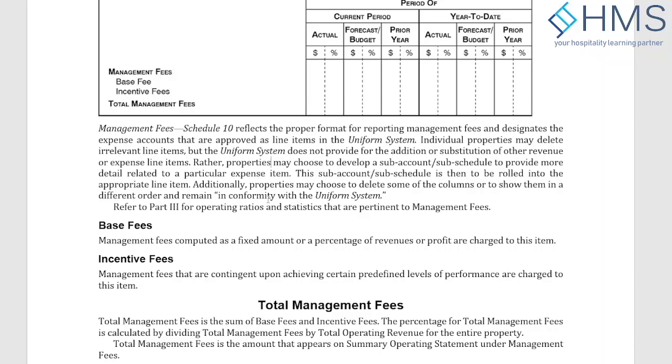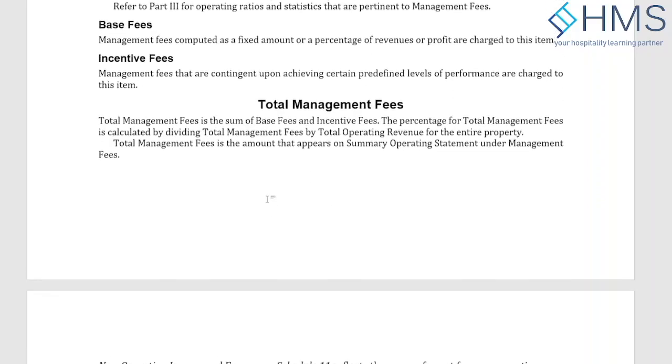Because the management contracts will specify that you have to maintain books as per usually, and the definitions of gross operating revenue and gross operating profit are defined in the management contracts. Nowadays, they don't define; they just say follow usually, as per the uniform system of accounting for the lodging industry. But some very old management contracts still have a clear definition of what is considered as revenue and what is considered as an operating expense. So you need to look at the hotel management agreement. How is it drafted?